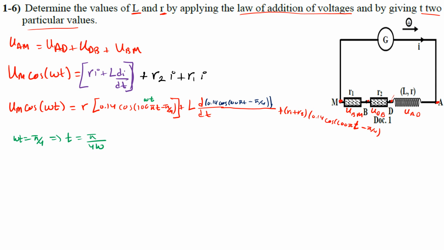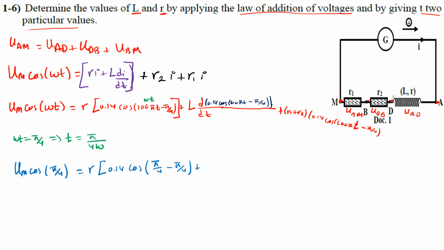We will get the following: cosine pi over 4 equals R into 0.14 cosine of, instead of 100 pi t, it will become pi over 4 minus pi over 4 plus, now